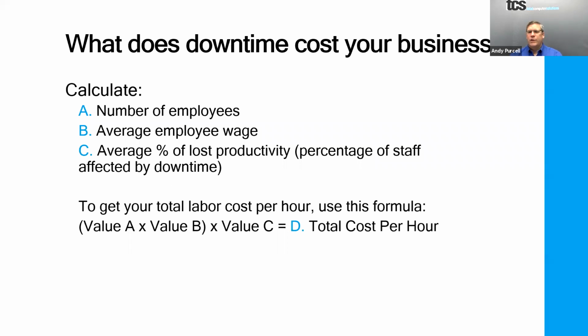And then you calculate what you're paying them, whether this is a salary, whether this is an hourly wage, however you calculate that. What is the value of each person monetarily? And then you take a look at the average of their productivity. So is this person someone who is 100% working with technology, and if that technology is down, their productivity loss